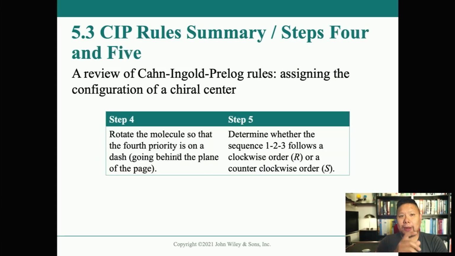Step 4, rotate the molecule so that the lowest priority group is pointed back away from you, and then you count the priorities 1, 2, 3, and 4, and if it goes in a clockwise direction, you're R, and if you're going in the counterclockwise direction,